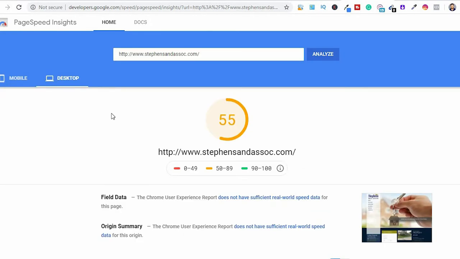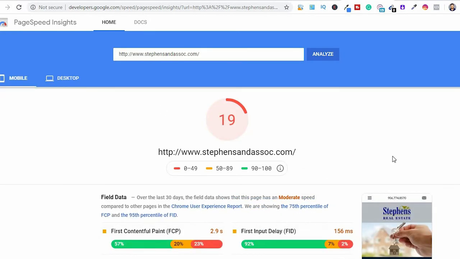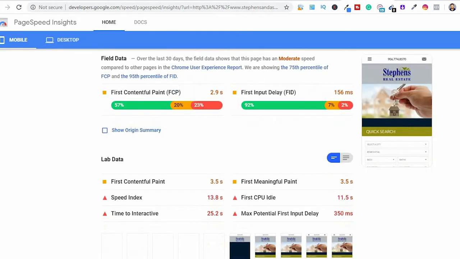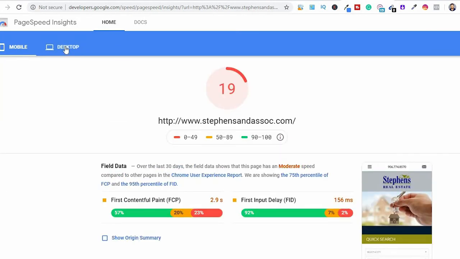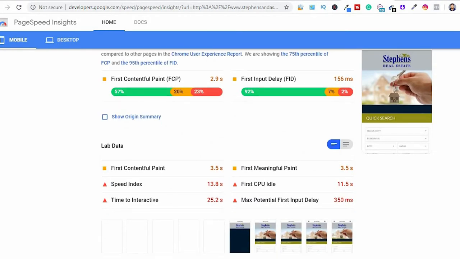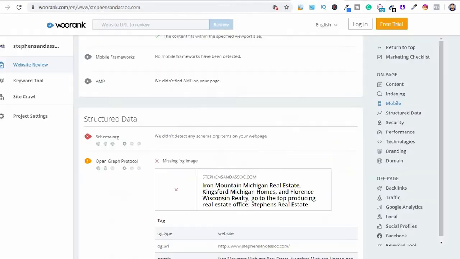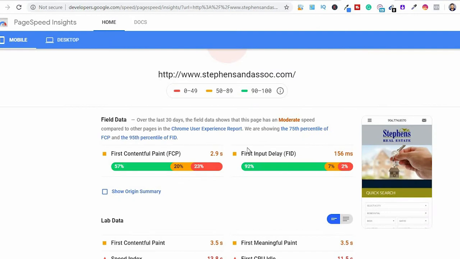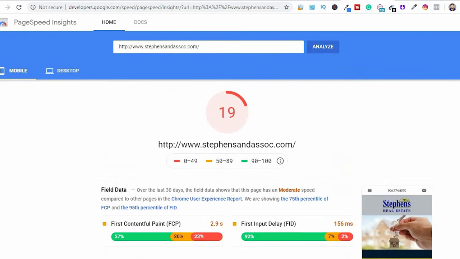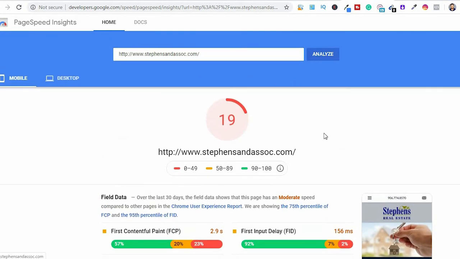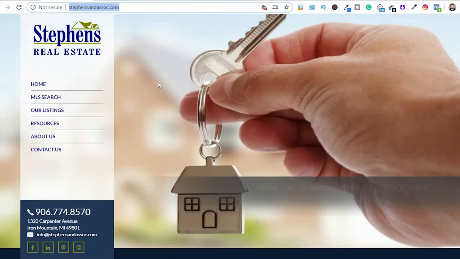Most people who are searching for certain things might also be on mobile. So it is advisable for their site to work very well both on desktop and mobile, which will actually help their ranking on the search engine. We'll come to this platform, developer.google.com or WooRank, and do some screenshots. We just want to get proof that their site is faulty. Before we begin working on their SEO, we want to show them some of the problems it has and get them to consider giving us the job.